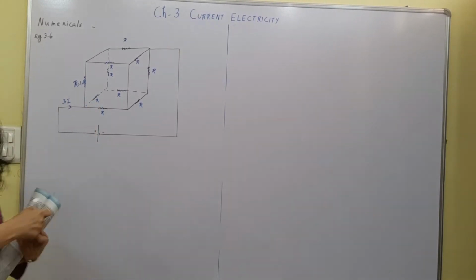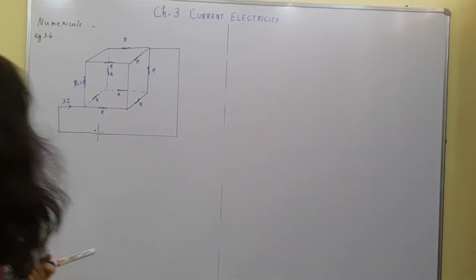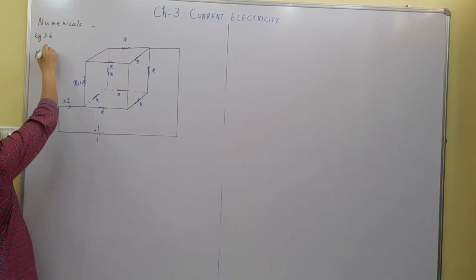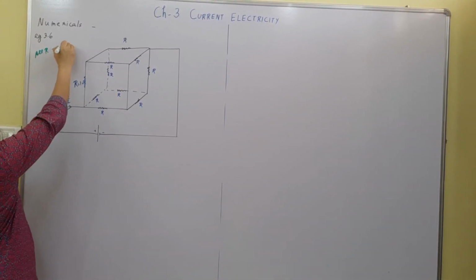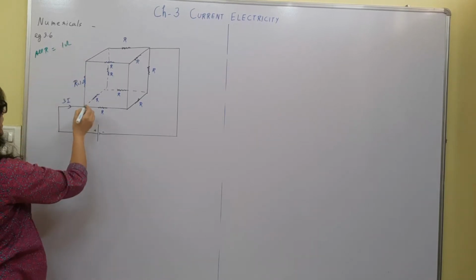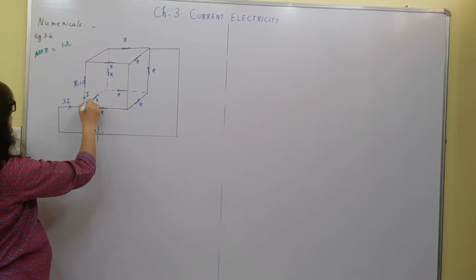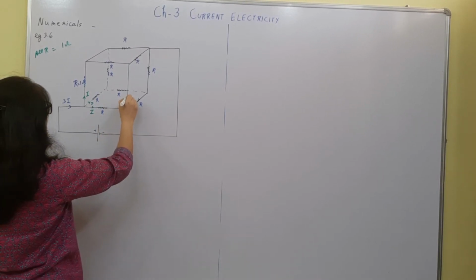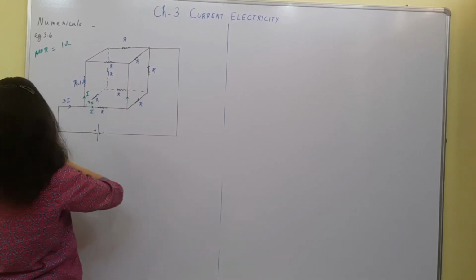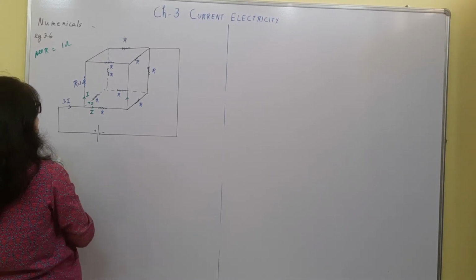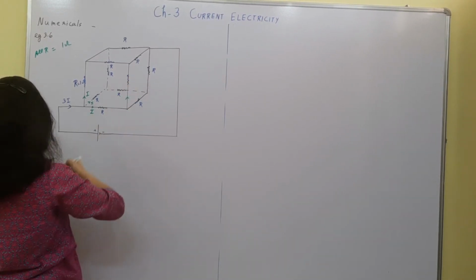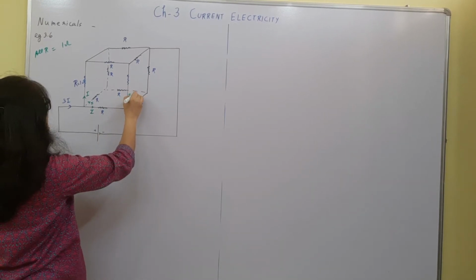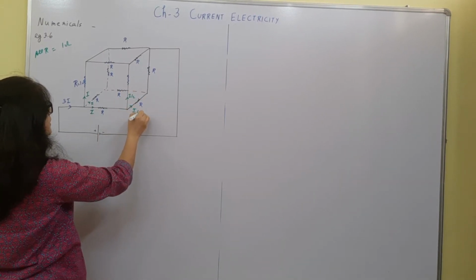So this will be equally divided as all the resistances are the same. So you can say I over here, I over here, I over here. Then here this is also R in this branch, this is also R, so this will be equally divided, so this will be I by 2, this will be I by 2.